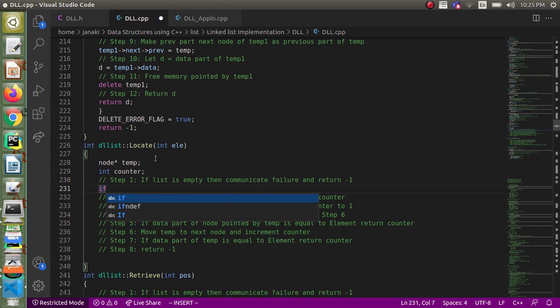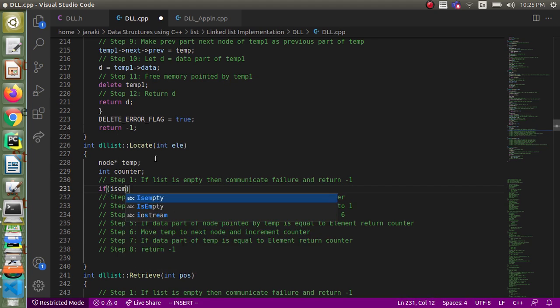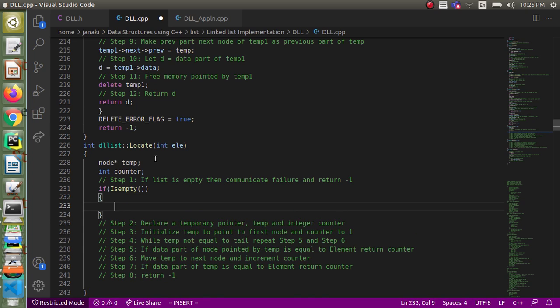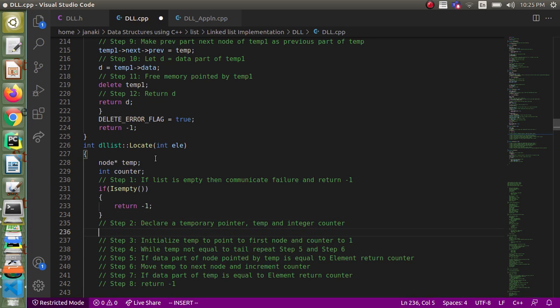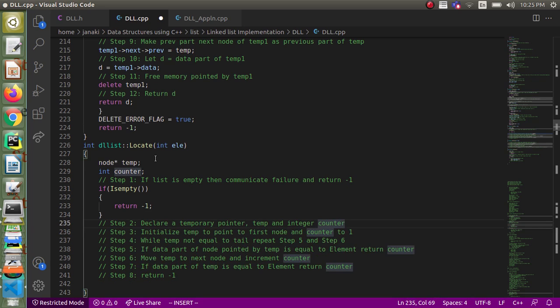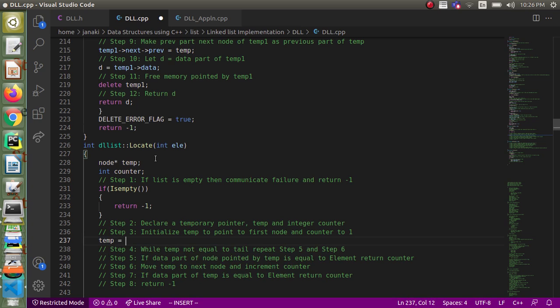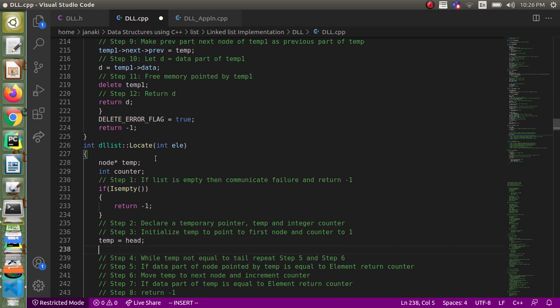In that case we have to communicate failure, so return just -1, that's enough. And here we have already done the declaration. So let's initialize temp equal to head, and counter equal to 1.